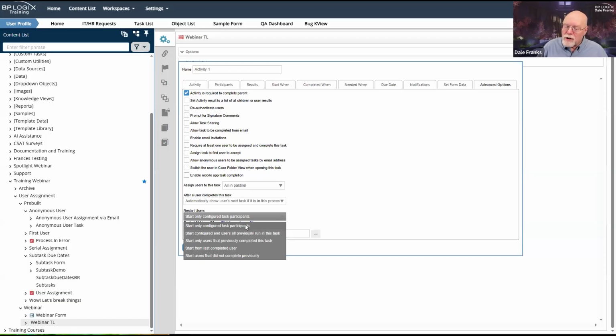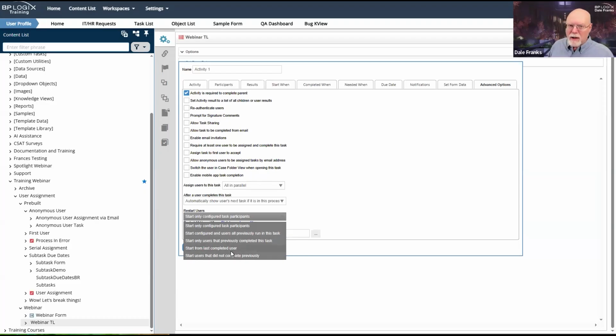But once you start getting into longer and longer tasks, especially tasks that require interaction with federal regulatory agencies, your tasks tend not to be 3 days. They tend to be 3 months or 6 months or 12 months. So once you start getting long-term tasks, you need to start thinking about what is going to happen if this task restarts 6 months from now?